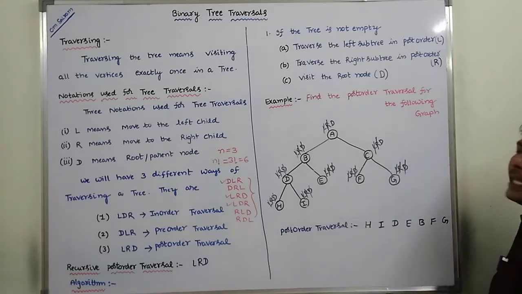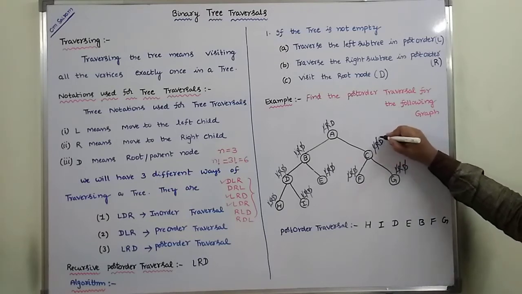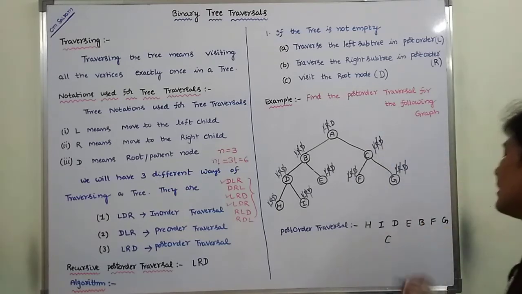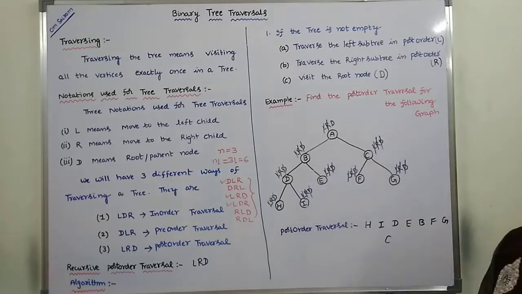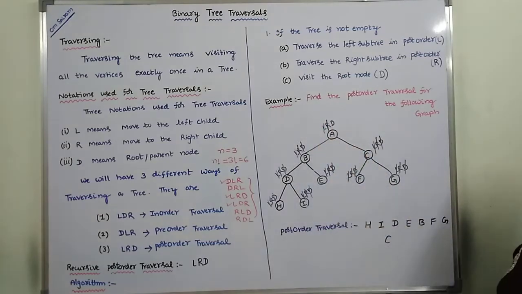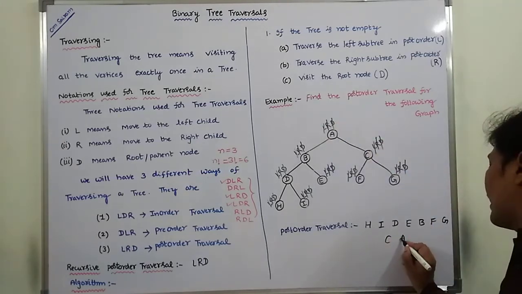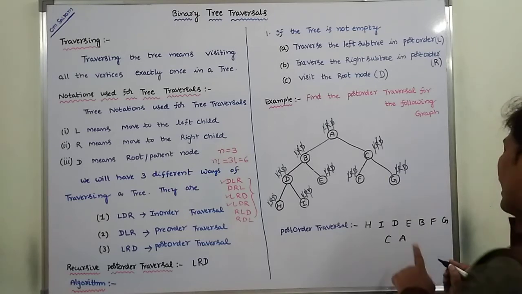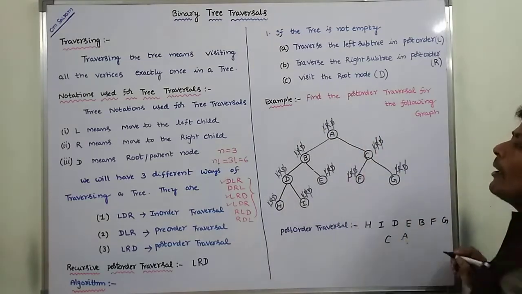Again backtrack to C. At C, only L and R are struck out. Only D is there. D means visit that node. Strike out D and visit that node C. Next, 3 letters are completed. Again backtrack to A. At A, L and R are completed. Only D is there. D means visit that node. Strike out D and visit node A. Node A. So now at A all letters are